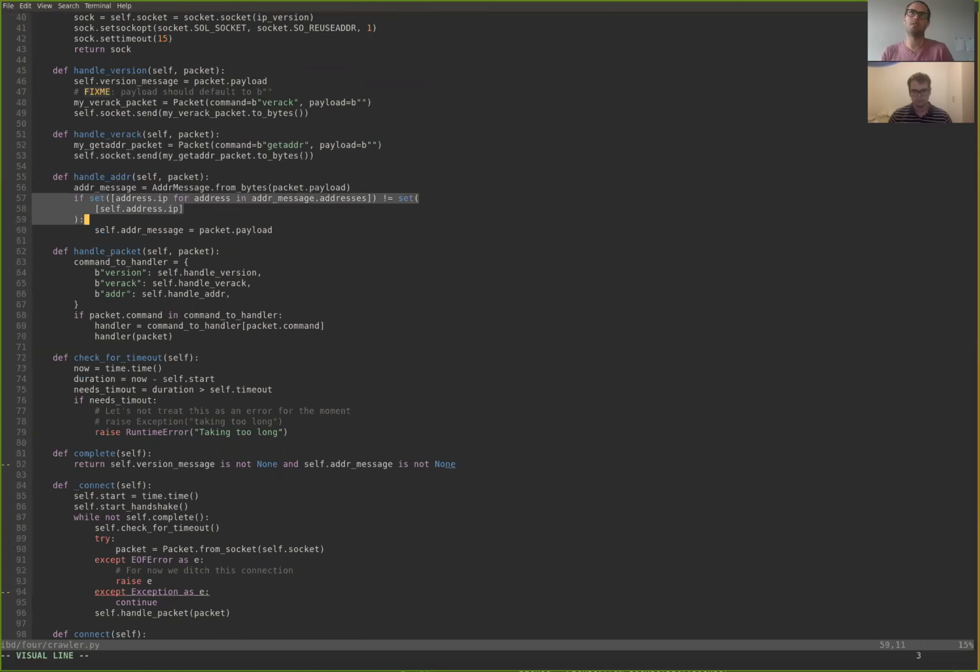And then if we get an addr message, we basically just check: do we know about this? Are there new addresses here? This code is ugly, but sometimes they just send you a message that only has their own address, which is annoying. It's like, why are you telling me what your address is? But if they give us some new ones, then we'll say, okay,